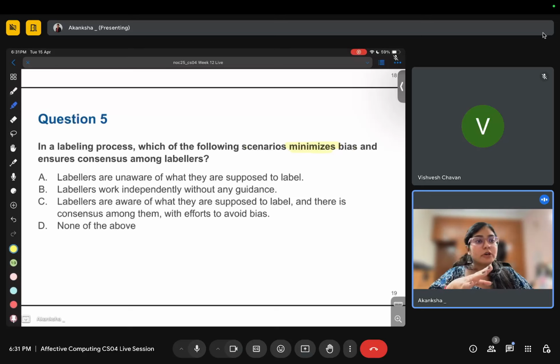Every deep learning or machine learning model will only take the data that you provide. So the quality of the model is determined by the quality of data that you use to train it. So now the training data should be high quality, and how can we ensure there is less bias? We can ensure that the labeling process is also accurate.